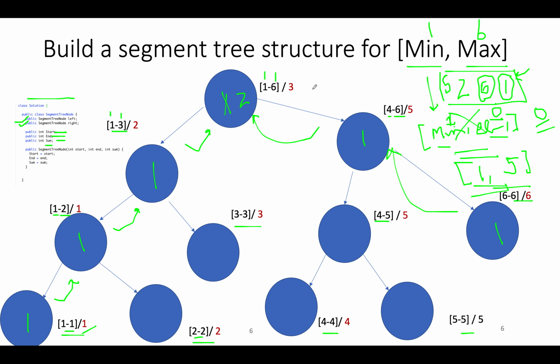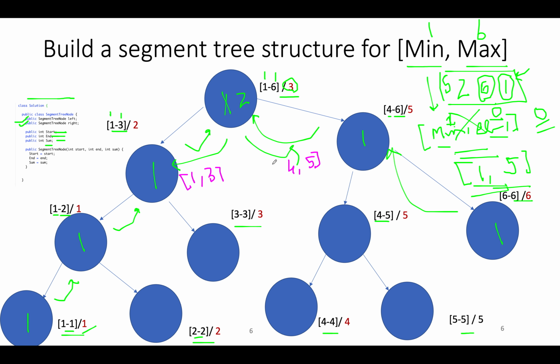You will find out the middle point starting from the root node. If the middle point is within the range of these two nodes, that means you need to split and go in both the directions. So the left part would be something like this. We'll search for 1, 3, and in the right part we will search for 4, 5.